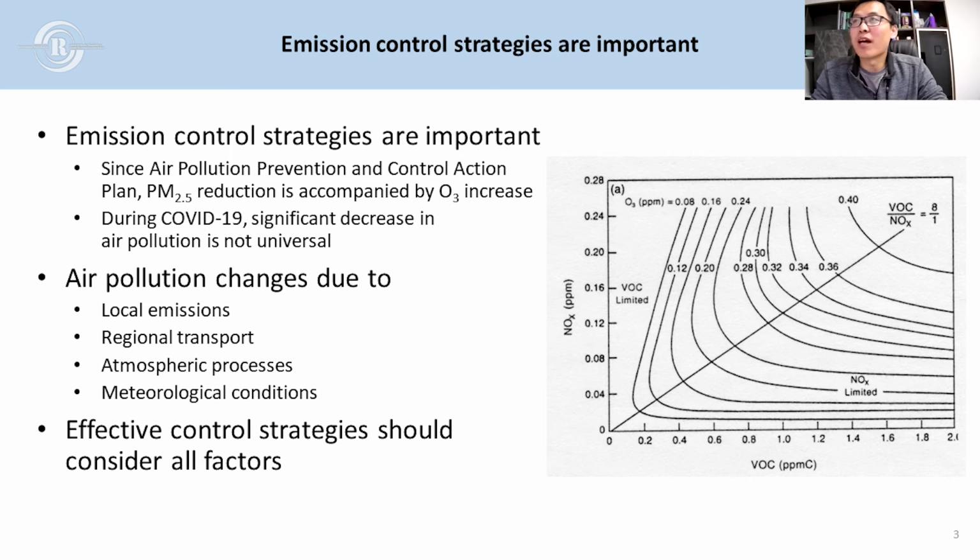In the right part of the slide, we have a very good example, the ozone isopleth, which shows how ozone concentrations are controlled by both NOx and VOC concentrations. If you don't consider the VOC-limited area or the NOx-limited area, you probably will have trouble in